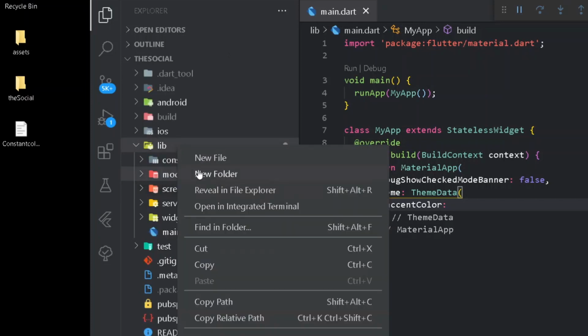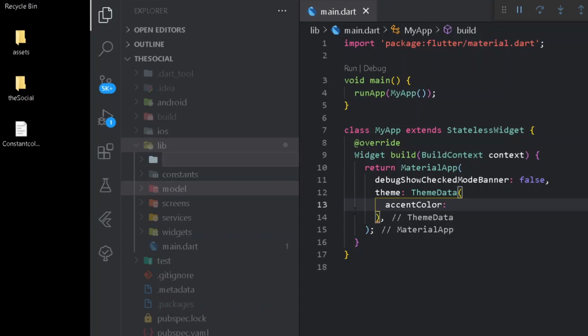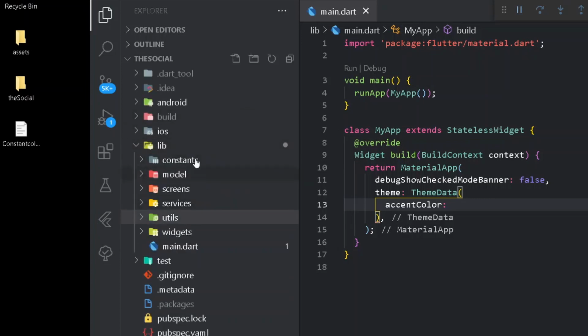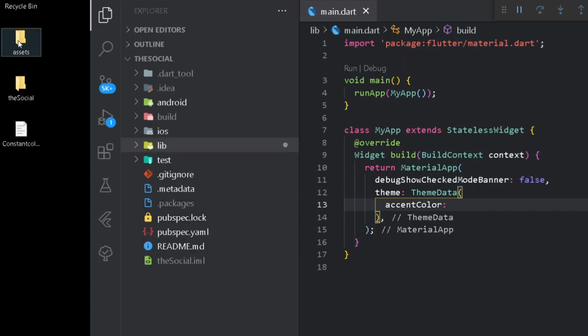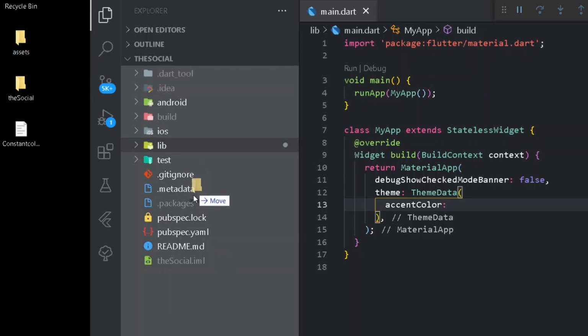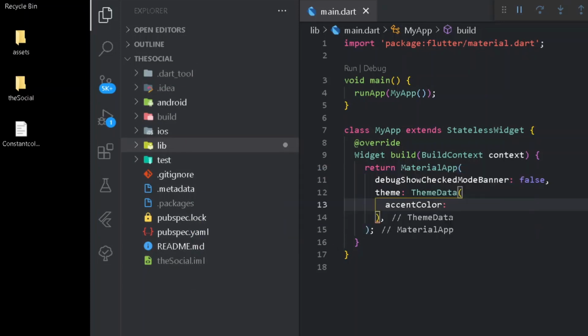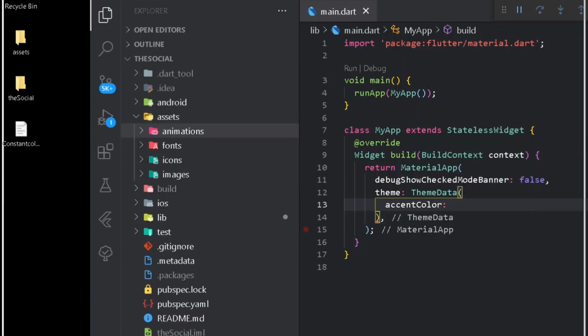After having the following model, I will be creating one more folder for nothing but all the utilities. So let's name it utils. After having the following folders, we are ready to go. But the next thing is simply importing the following assets. So I can simply drag the following thing and paste it here. Alright, copy folder. So let's make it up here.